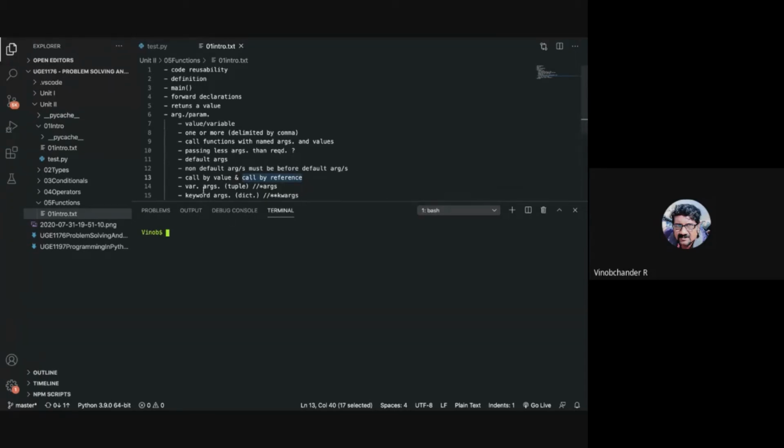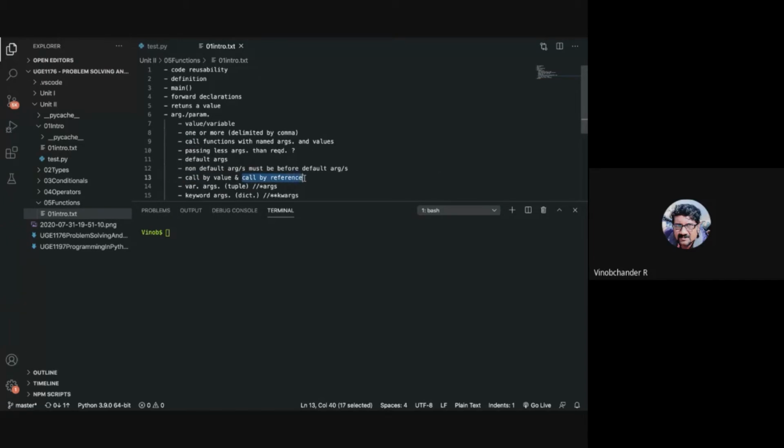So as you correctly said, call by value is where, whenever you pass a parameter that is either a value or a variable, that parameter is essentially copied, or you take a copy of that particular value and pass it to your function. That is call by value.